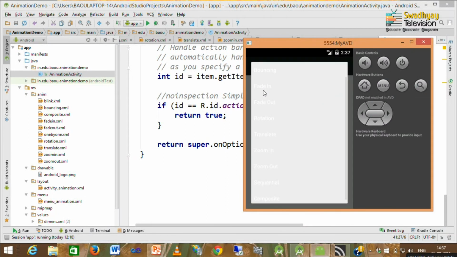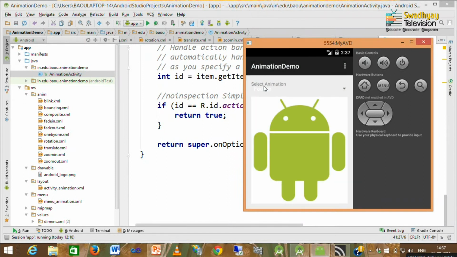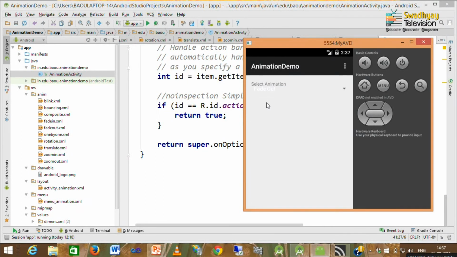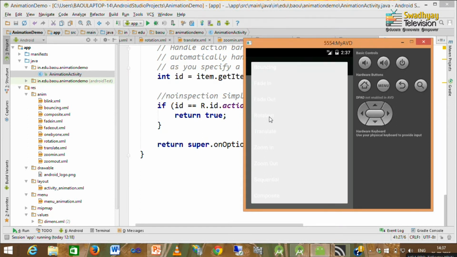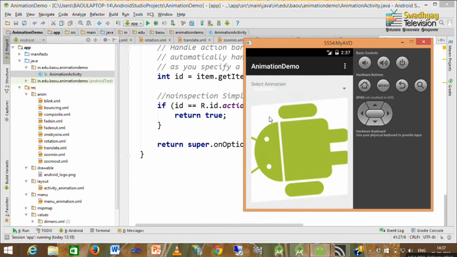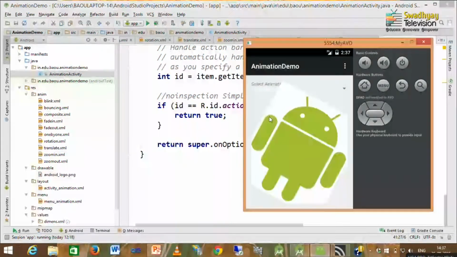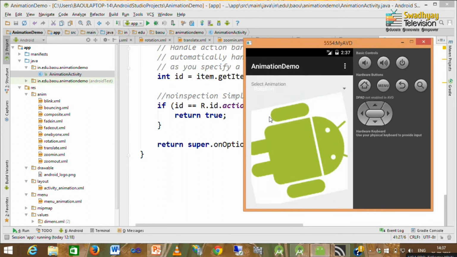Then fade in. You will see alpha change from 0 to 1. Then fade out. Here the case is reverse, alpha is changed from 1 to 0. Then rotation, we have 360 degree rotation, and it repeats infinite times or forever. So, this is how rotation will look like.